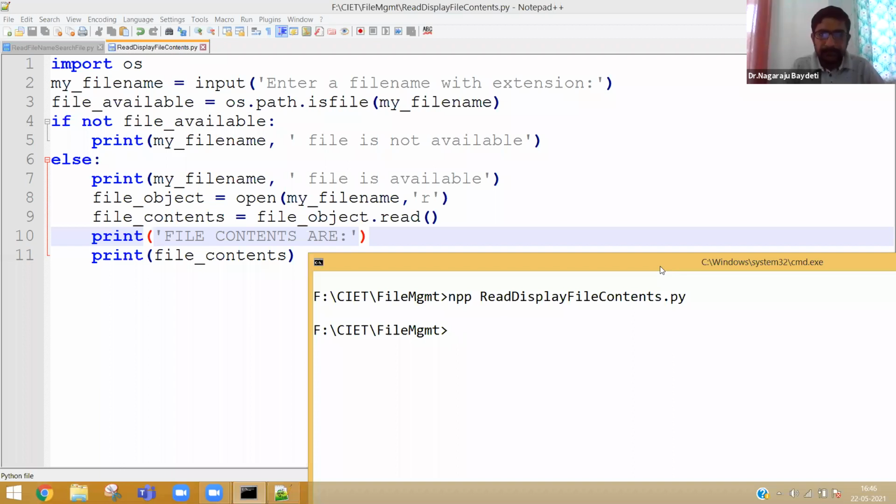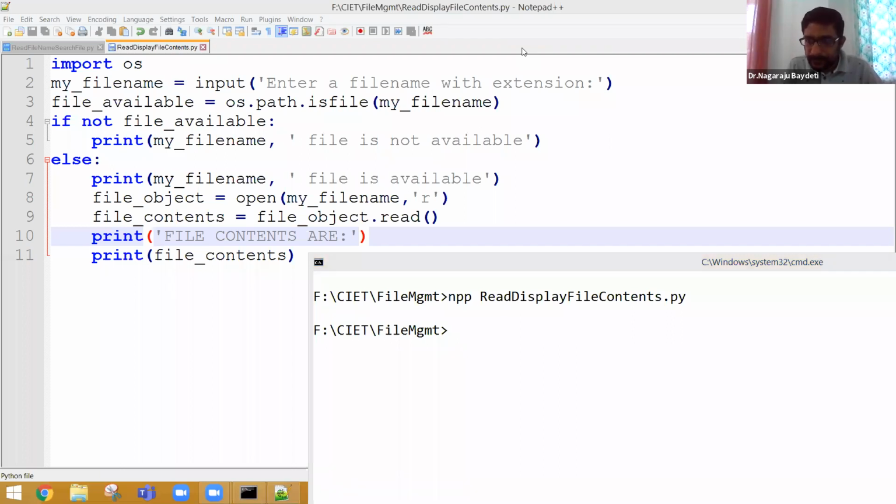Let me know if you have any difficulty. Otherwise, I will execute and show you. I will just wait for 2-3 responses in the chat box before I execute the program. Okay. Thank you, Leela Krishna.